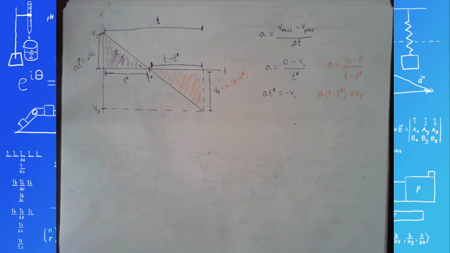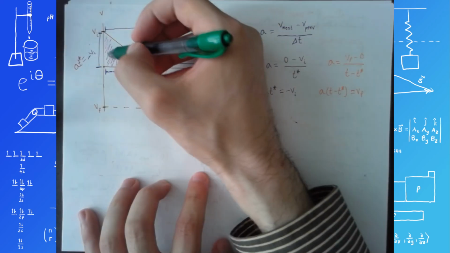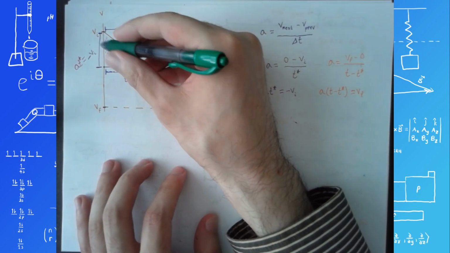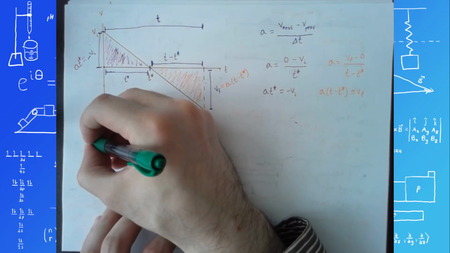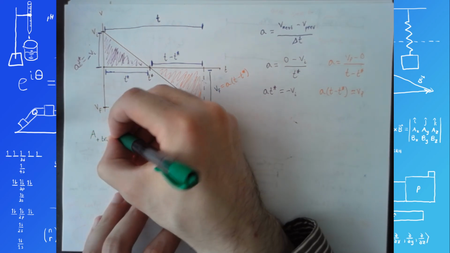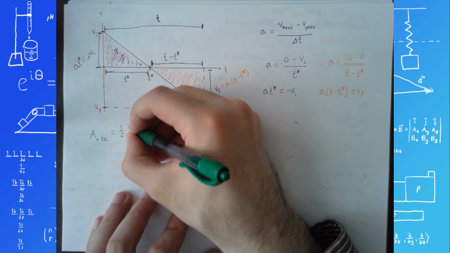Okay, now we can do something similar to what we did before. We can just use the formula for the area of a triangle. So for the area of this triangle, and we want this to be positive, it's going to be 1/2 base times height. So area of my positive triangle is going to be 1/2, base is t star,